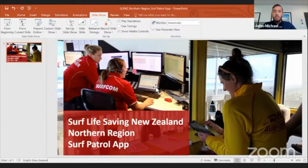The manual entry of the paperwork now is a bit more of a challenge, because as you can imagine, 22 patrol locations with a whole summer worth of data, that's no small feat to try and do. But we're making good progress on that now, and Surfcom's taken it over because it was a promise Northern Region made to the clubs. Their data would be uploaded at a later date and it wouldn't have to be done